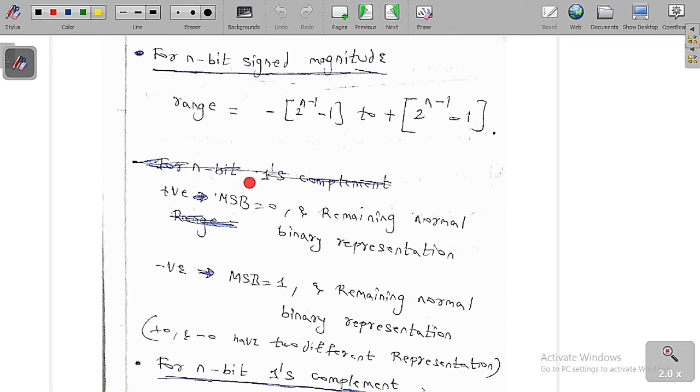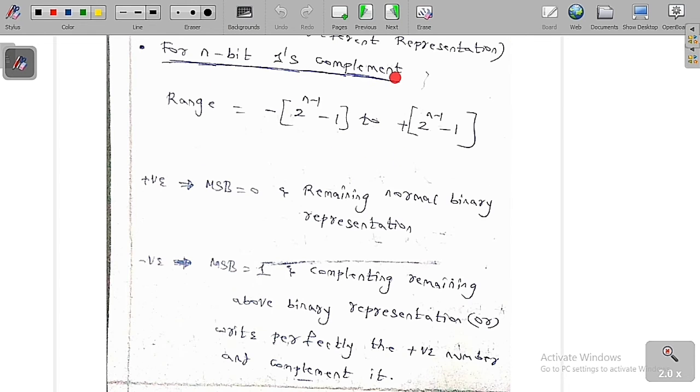Now the range is very simple: minus 2 to the power of n minus 1 to plus 2 to the power of n minus 1 minus 1, because here one bit is used for the sign. So for n-bit 1's complement,